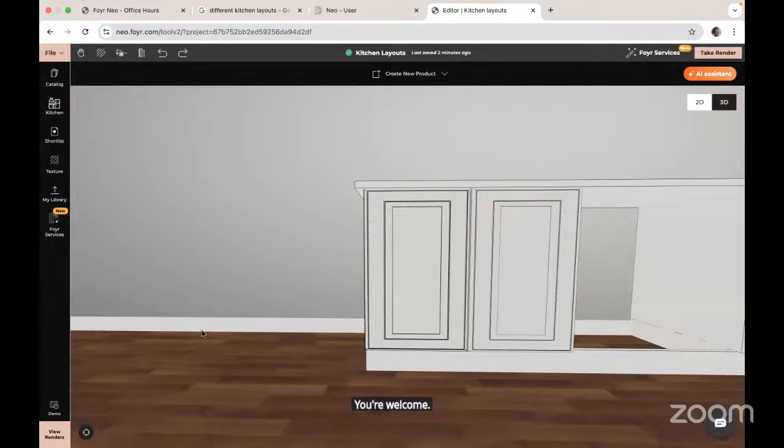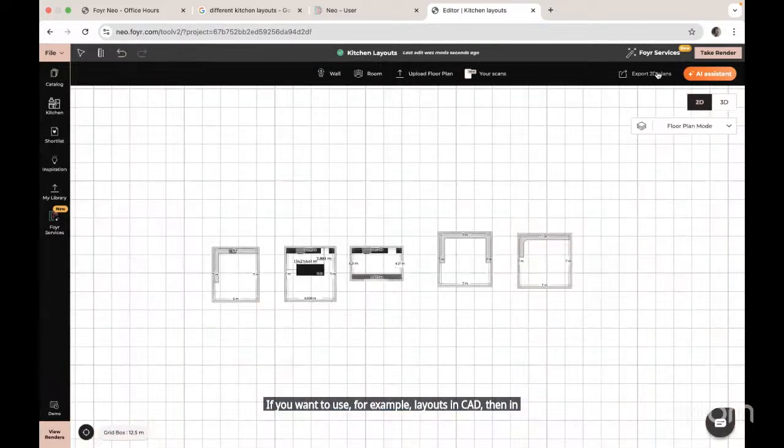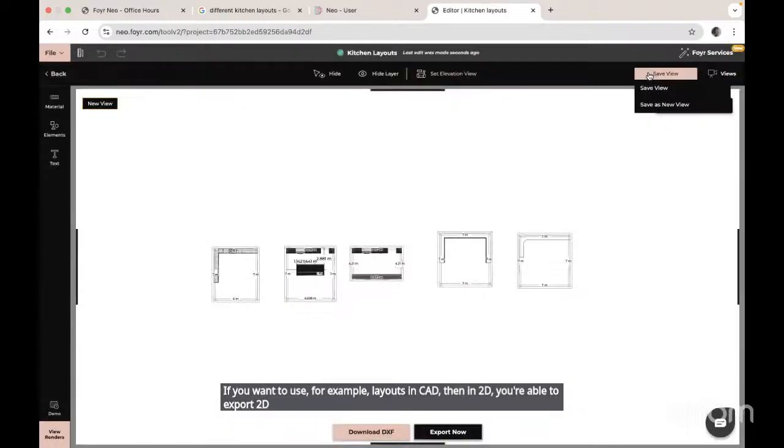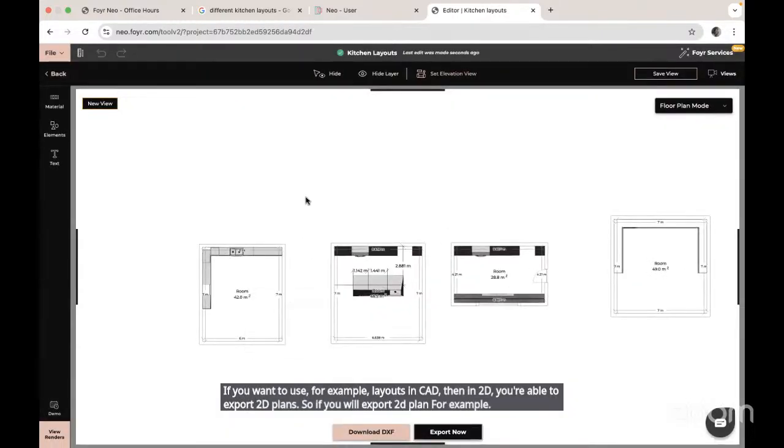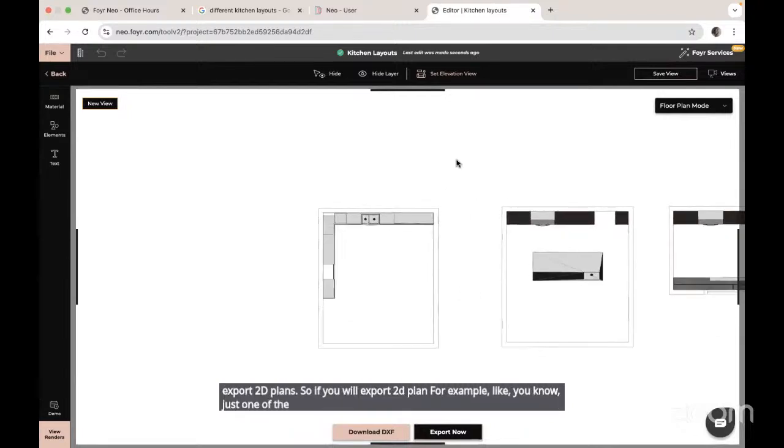If you want to use, for example, layouts in CAD, then in 2D you're able to export 2D plans. So if you export a 2D plan, for example, of just one of the kitchens, not all of them, then